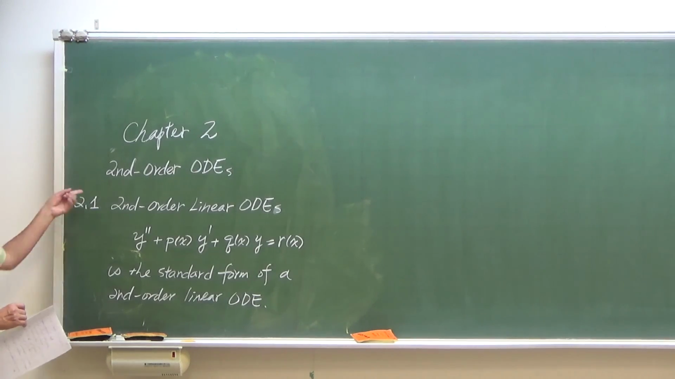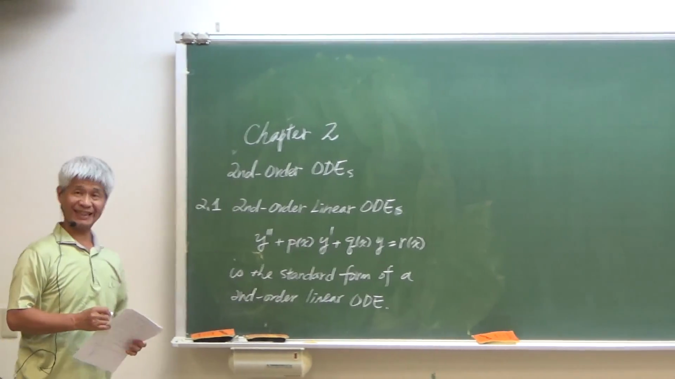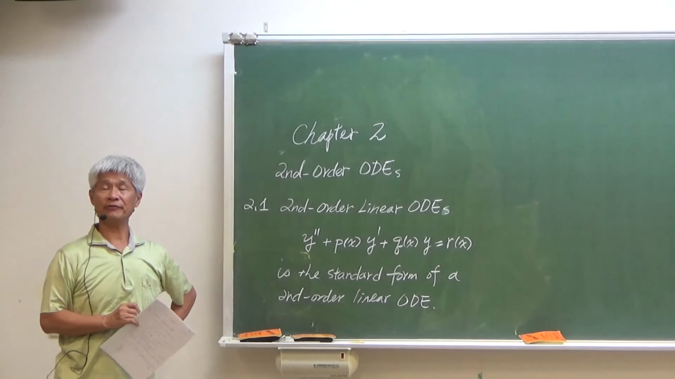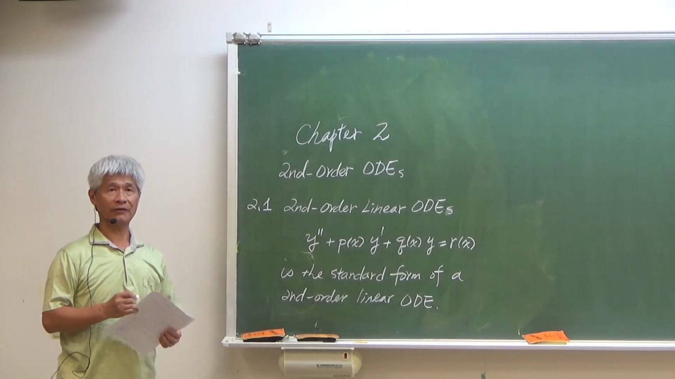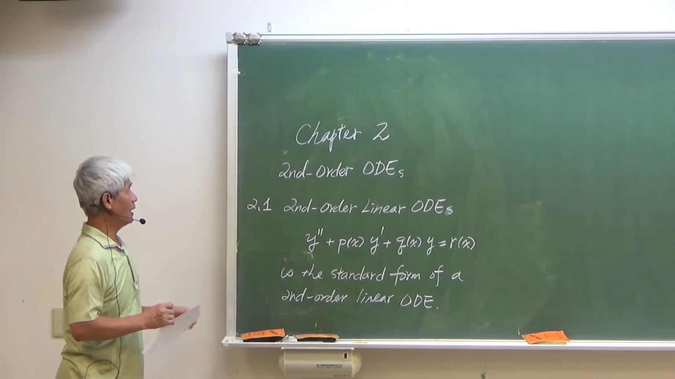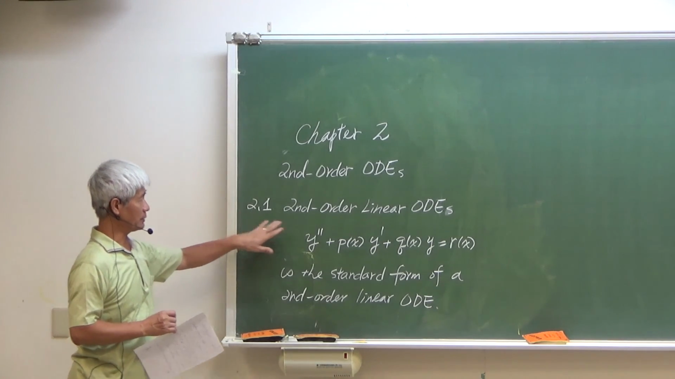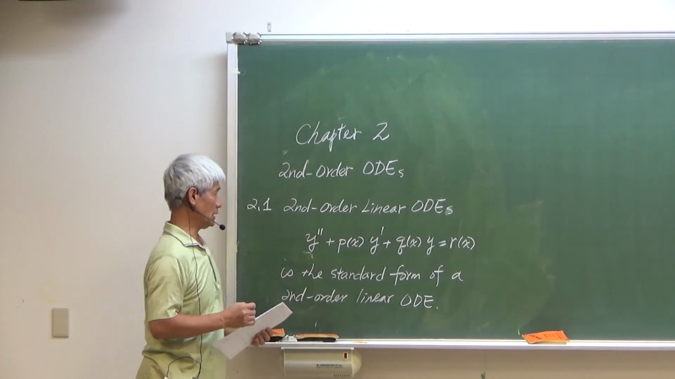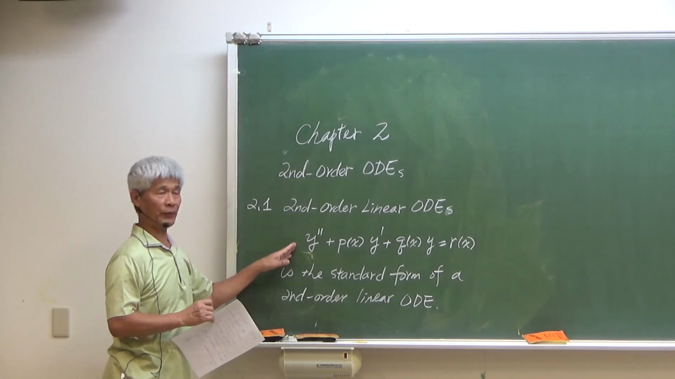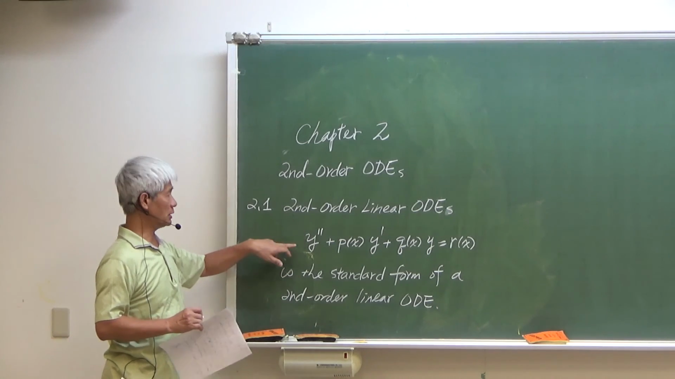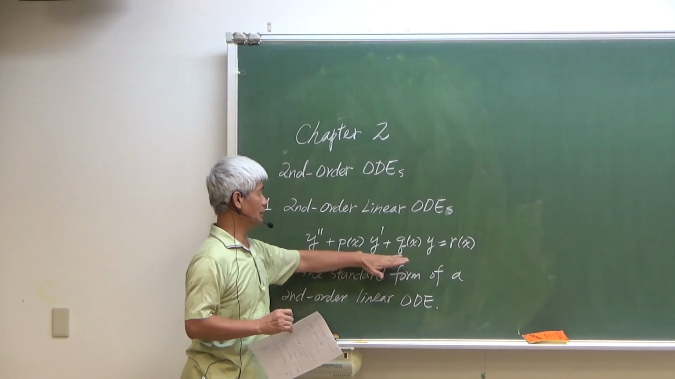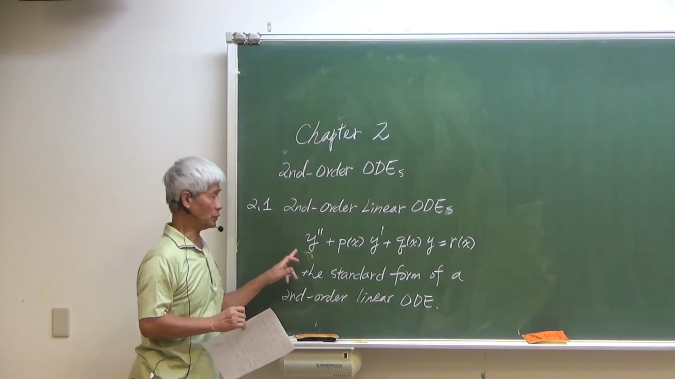We deal with a new chapter, second order ODE. In the first chapter, we discussed first order ODEs. So the first section is about the linear second order ODE. So you can compare with the first order linear ODE. You can see that this second order ODE